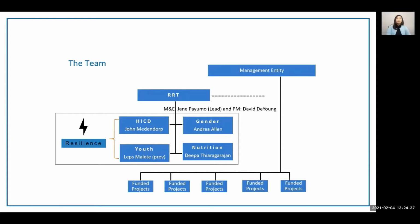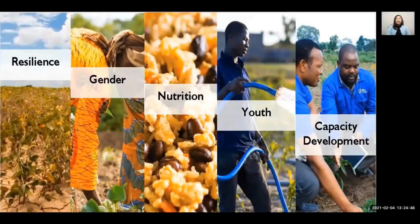Today, we are also going to hear from these advisors, and they will share some milestones and important lessons on mainstreaming cross-cutting issues by the lab. Dr. Allen will present some of our current successes and initial lessons in gender integration, which to date is better documented than other cross-cutting themes. Dr. John Medendorp will close this session with additional quantitative progress updates and other important developments on mainstreaming cross-cutting areas